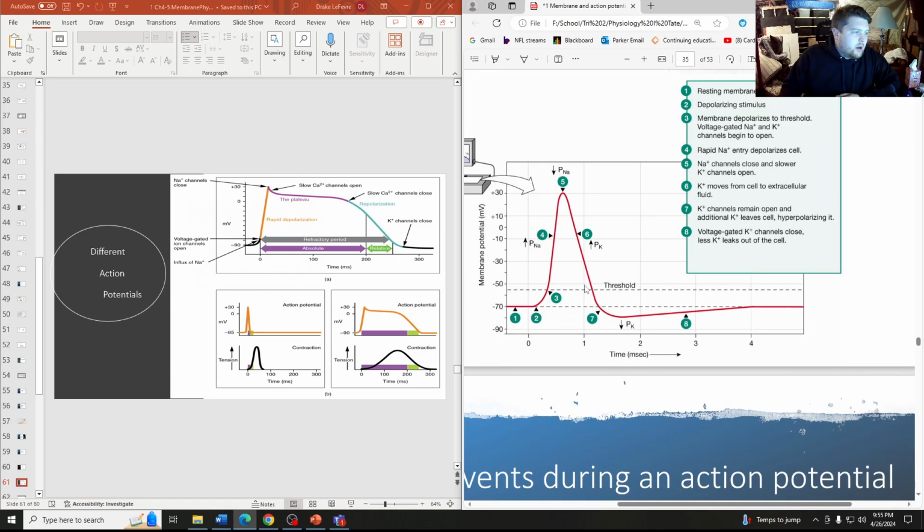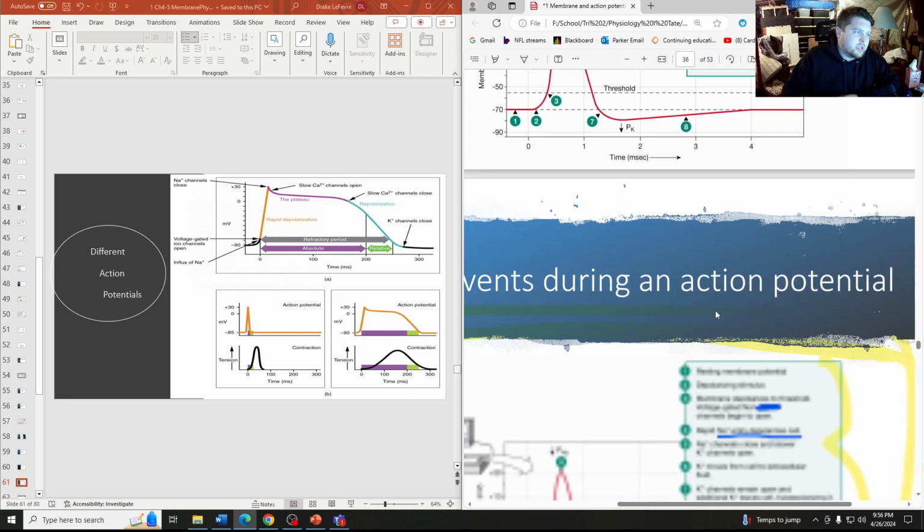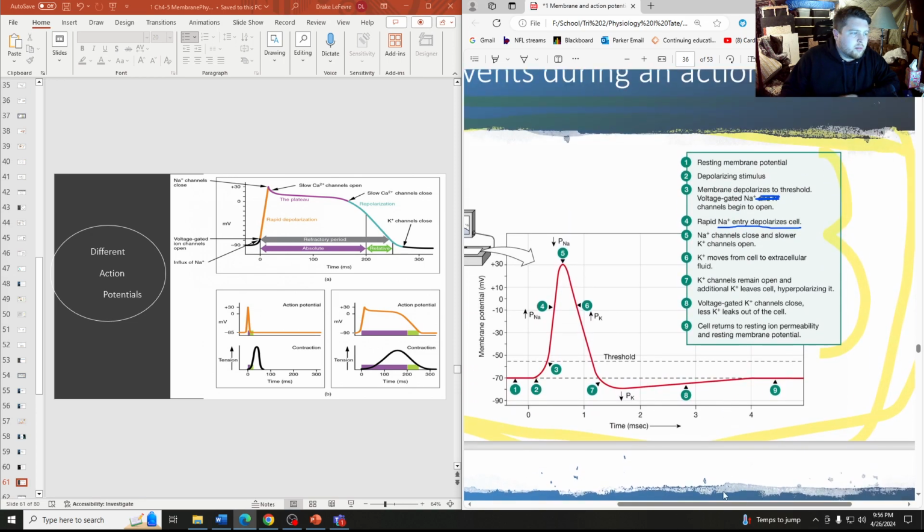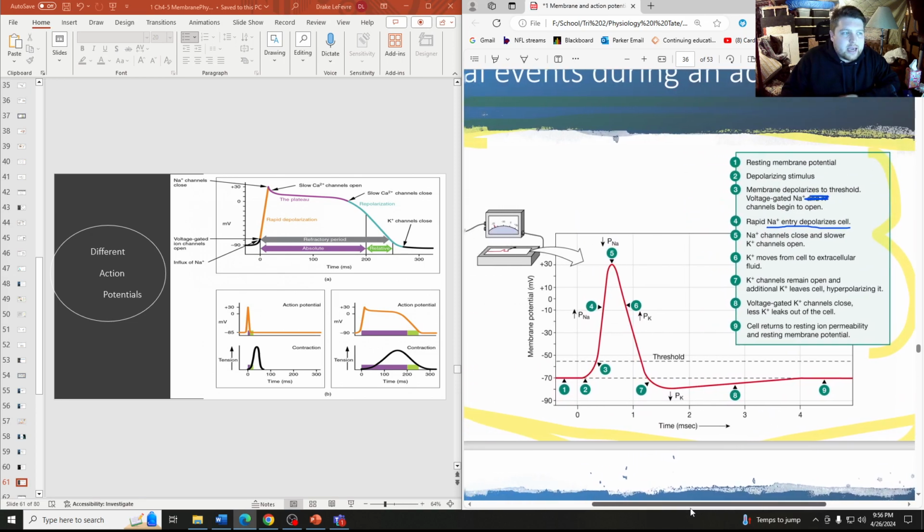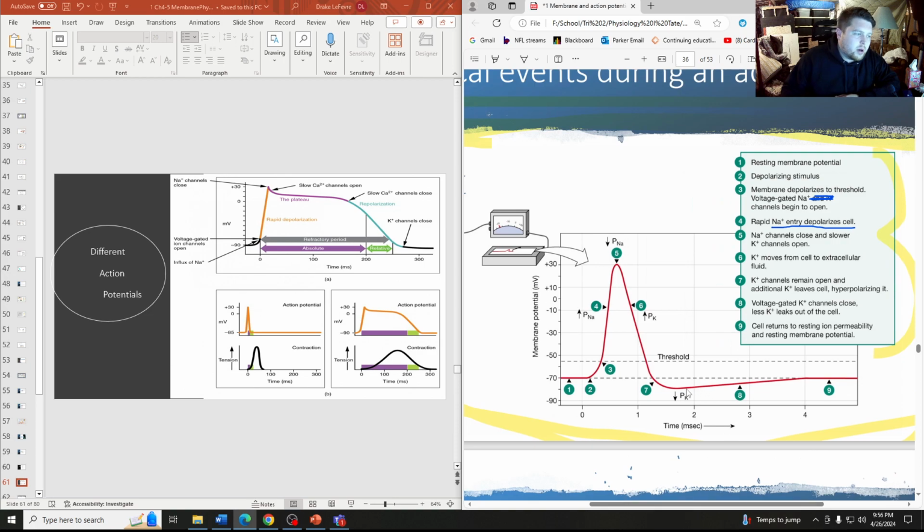Okay, so here we go. The voltage-gated potassium channels fully close, and less and less potassium leaks out of the cell. As we continue along, we have something called the sodium potassium ATPase, the sodium potassium pump, that's working. It's pushing 3 sodium out and bringing 2 potassium back in to help level us back out to our resting membrane